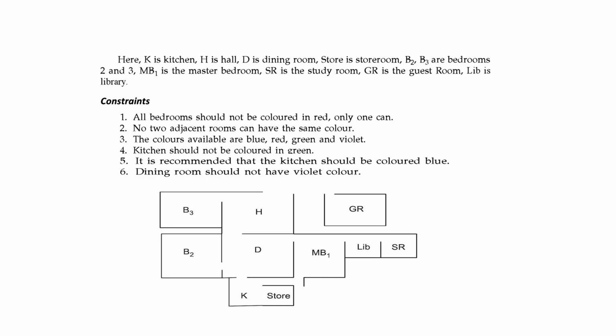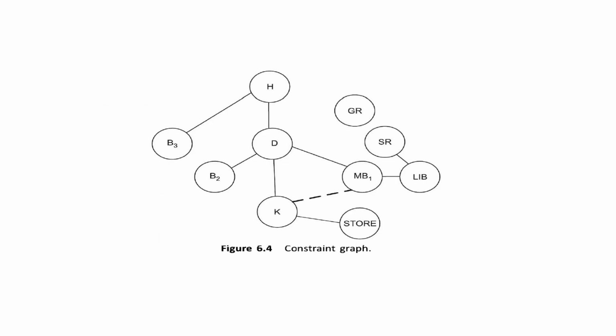Okay, so based upon this structure, now we want to make the adjacency graph here. What is the adjacency graph? Here the dining is there. Following the diagram, we want to make the constraint graph, like the hall followed